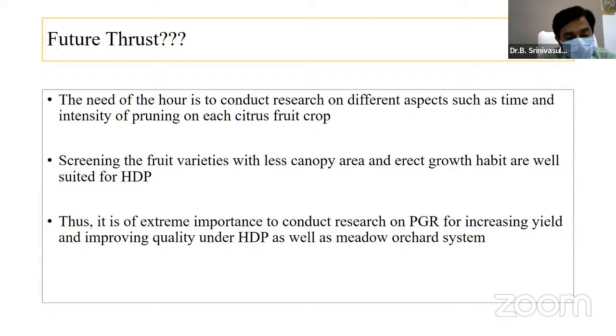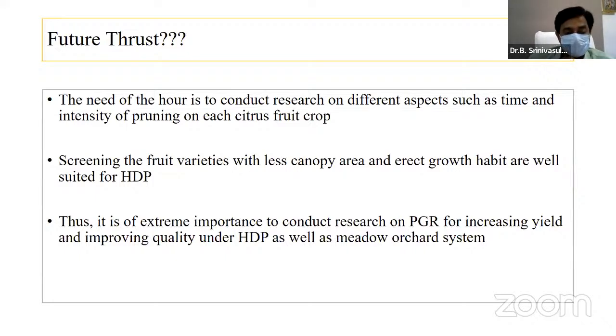I think in citrus, it is a concept of high density planting, as you told. In tropical and subtropical crops like mango, banana, papaya, guava, farmers are using this technology and getting good yields and income also. But this was highly successful, this high density planting and ultra high density planting and meadow orcharding system. Apple was one temperate crop wherein this technology was proved very beneficial, both the high density and ultra high density model. But in crops of tropical and subtropical nature, in some of the varieties,